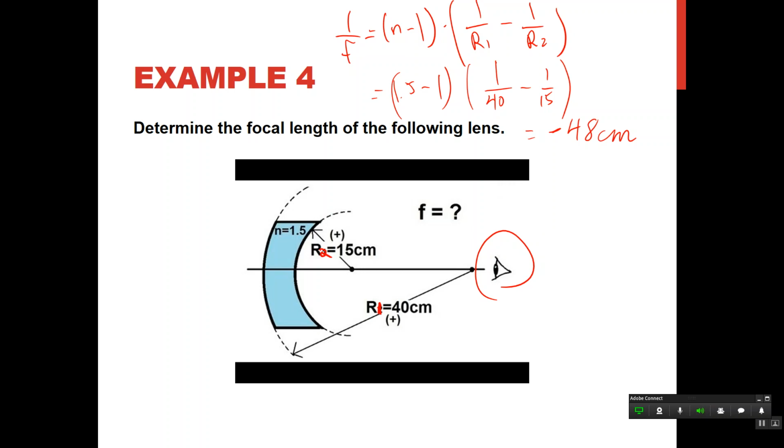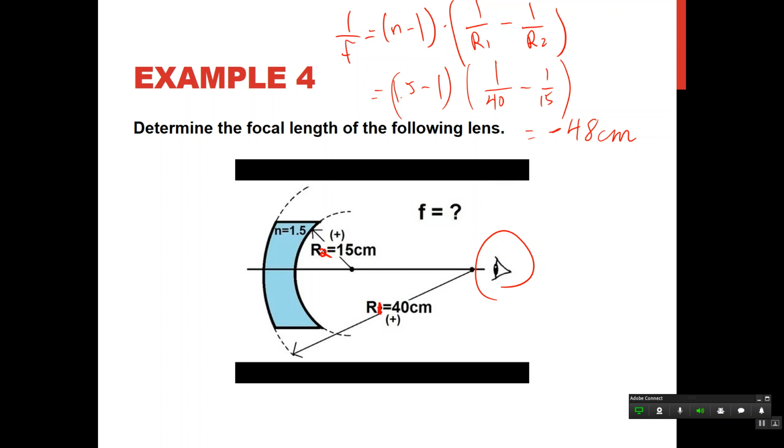This one is a wider turn, so it's got a bigger radius of curvature. It does not bend light as much as this one, which has a steeper radius of curvature. So the more rounded the lens is, the more refractive it is. The diverging part is more rounded than the converging part, so overall, this is going to be